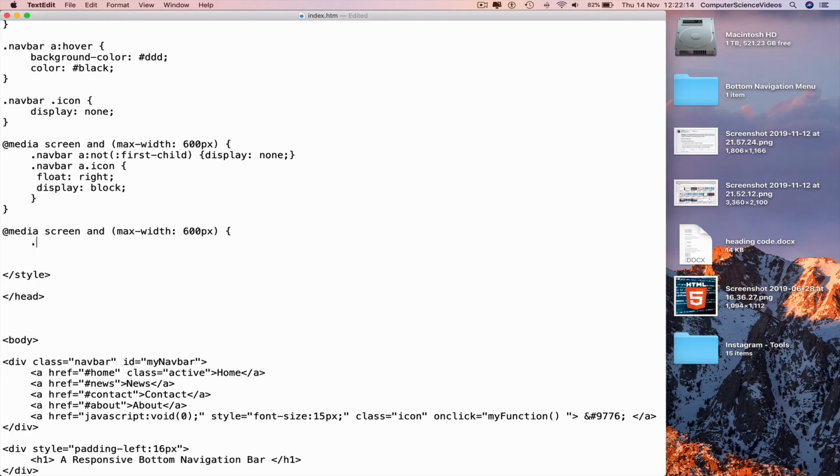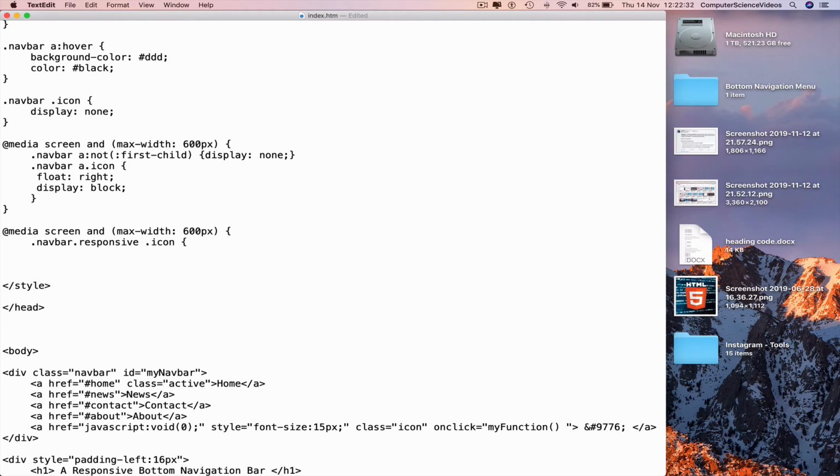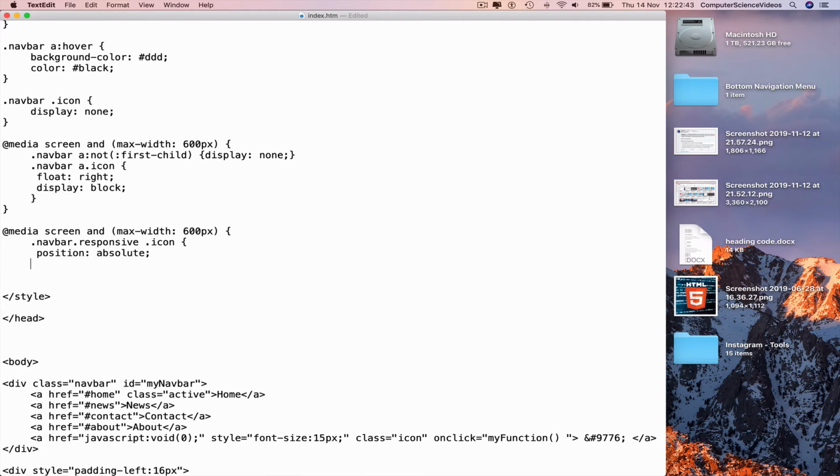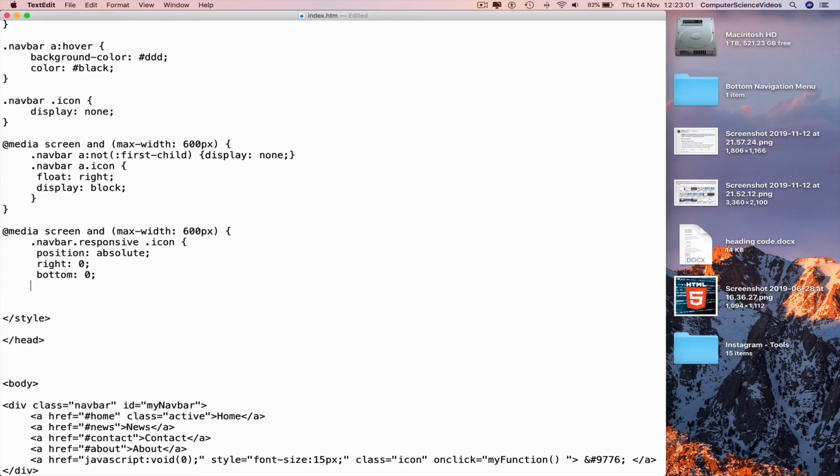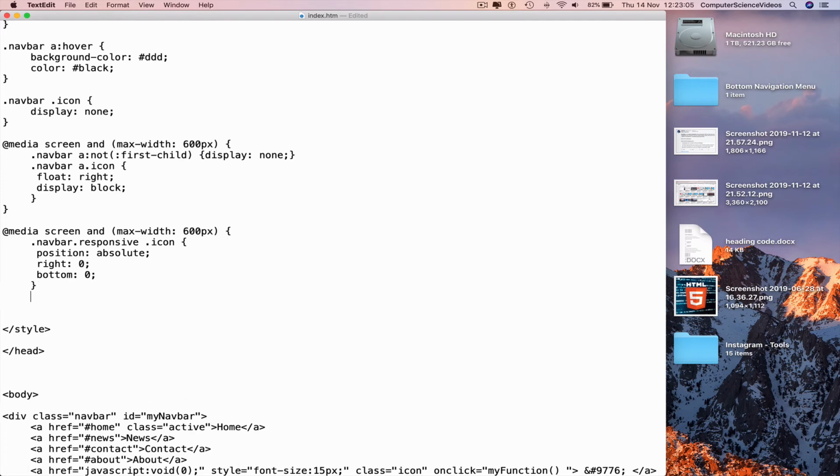Go to a new line, indent, dot nav bar, dot responsive, dot icon, curly brace, new line, space, position, colon, absolute, semicolon, new line, indent and space, right, colon, 0, semicolon, new line again, indent, space, bottom, colon, 0, semicolon, new line, indent, curly brace, go to a new line again, indent,